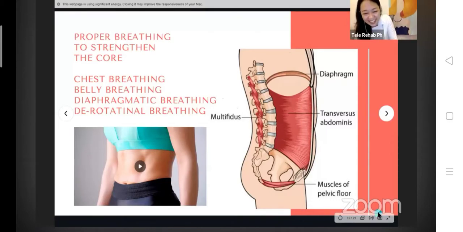But again, chest breathing and belly breathing, maybe we have 50% of our attendees feeling chest, 50% feeling their belly. But again, once you have this awareness, just know that you should always be shifting into belly breathing. And why do we want that? Because, again, simply by tapping into your diaphragmatic breath, you're already strengthening your core. And at the same time,